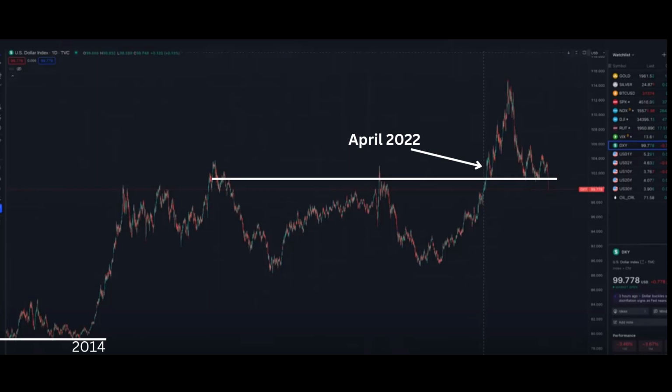Okay, so let's start with a performance review of the US dollar. Let's take a look at a couple of charts. We'll start with a long-term view and then narrow it down. This is a 10-year chart on the US dollar. You can see what it's done over the past 10 years, and along the way, it has had massive moves up.